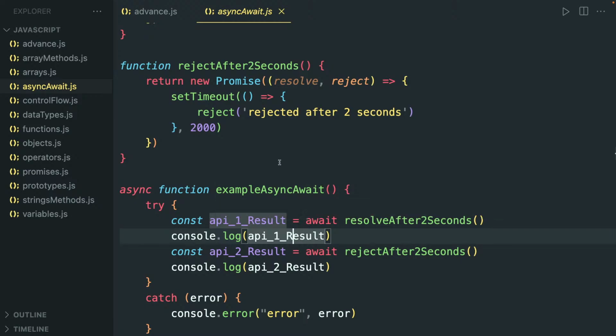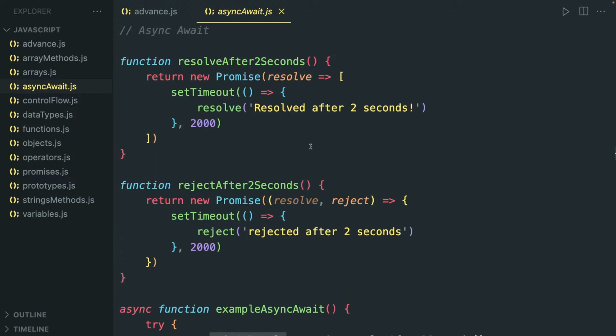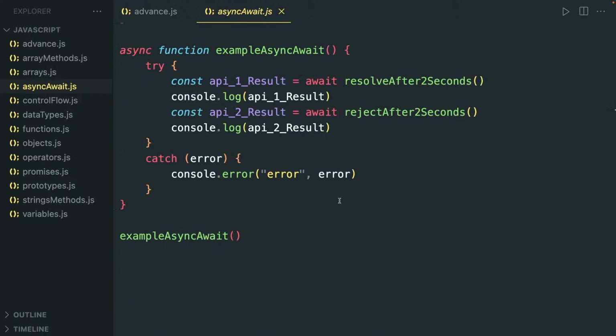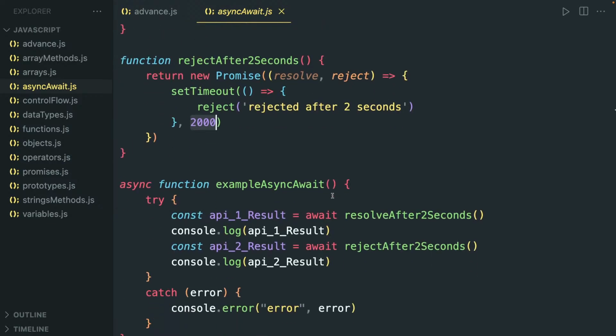So as you may know, an API gives you a result after some seconds or some milliseconds. So here they're giving the result after 200 to 2000 milliseconds. So you got the result through await. Also you need to take care of that. You have to use async just before your function,